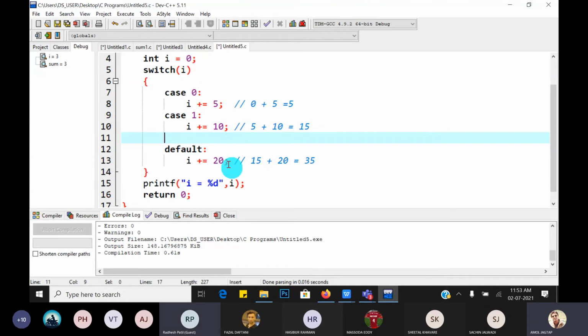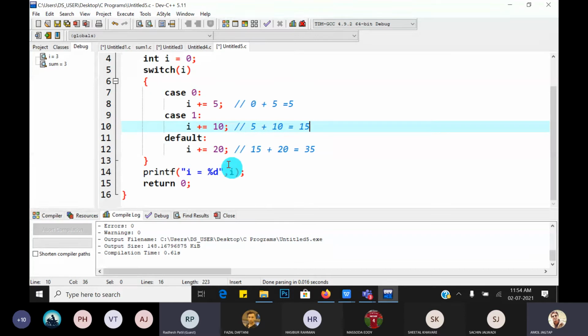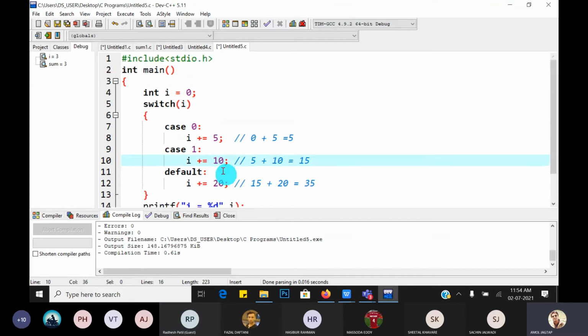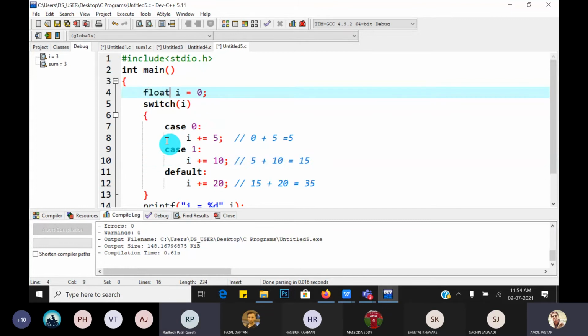Understood? If there is any problem based on this switch case, you have to give the answer. Now, next thing. Suppose float I is equal to 1.0, and the cases I have changed to 1.0, 1.1 and a default case. What is the output of this program?